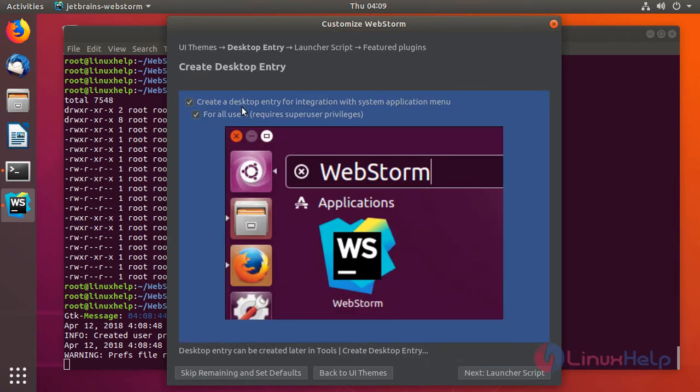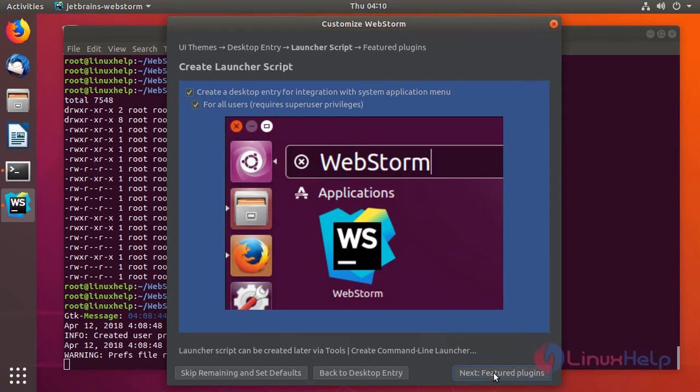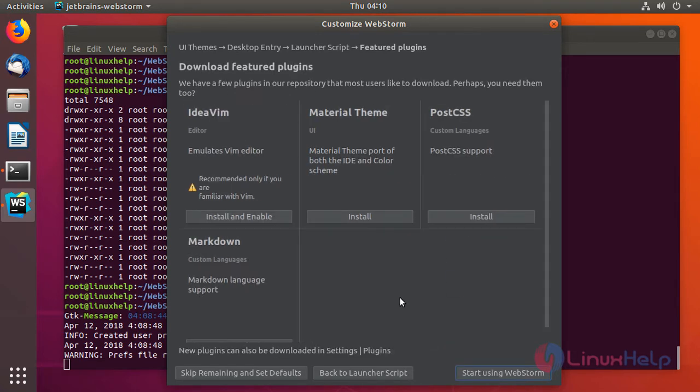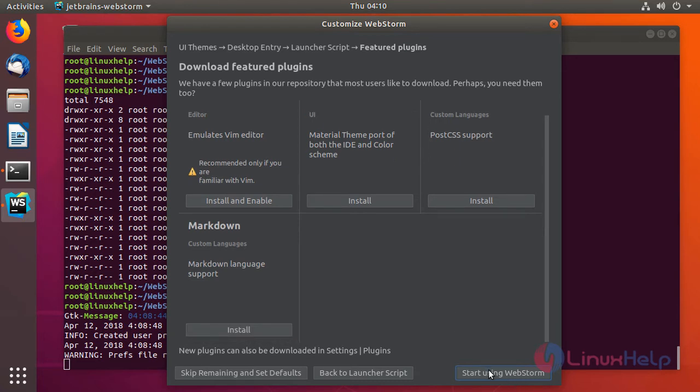So here we're gonna create a desktop entry for integration of the system menu so that it will appear on the dashboard. And then click on create a script for opening files from the command line. So you can use the option to open the file from the command line. And then this is the plugin wizard, so you can install any plugin as per your wish. And then after that you can click on start using Webstorm,